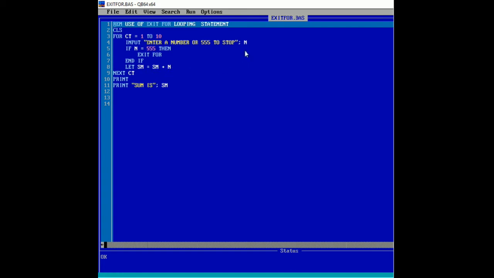That means the value of n will be added to sm and stored in sm. Next ct, incrementing the ct variable.